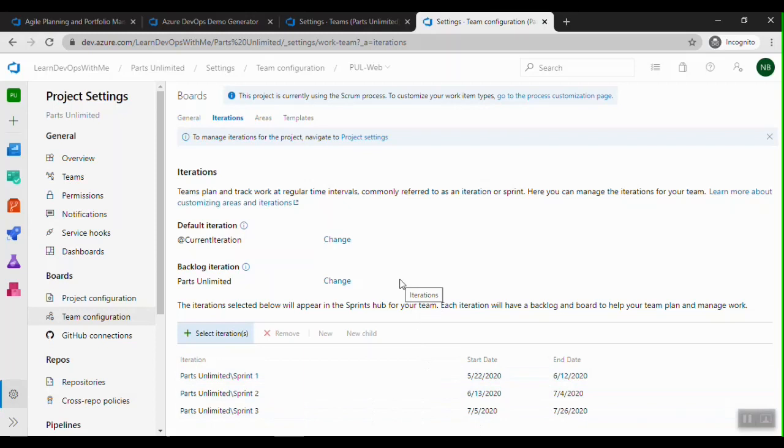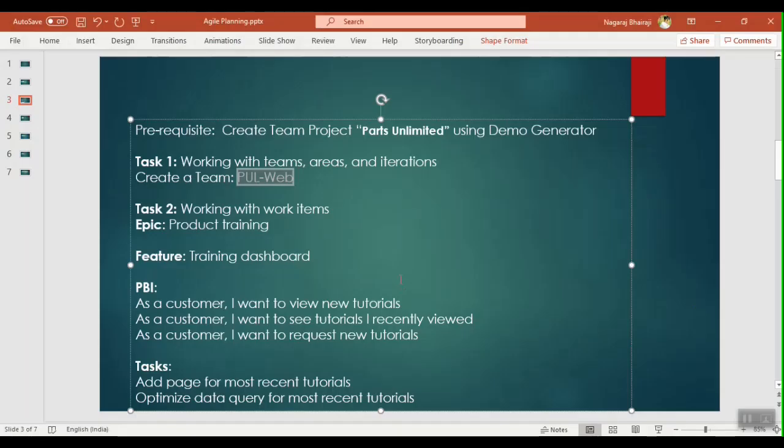Let's see what the next task is. Now in this team, we'll create work items: an epic work item, a feature, a PBI, and a few tasks. This is the hierarchy.